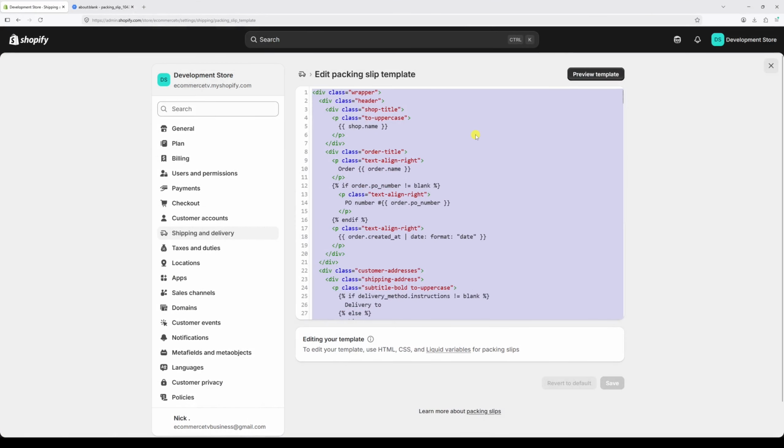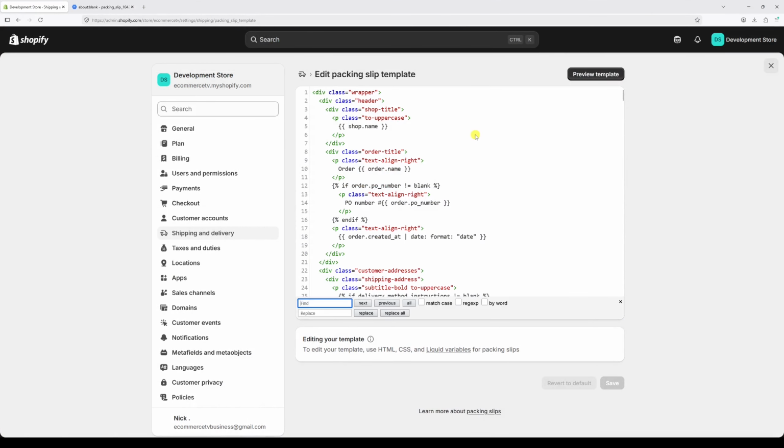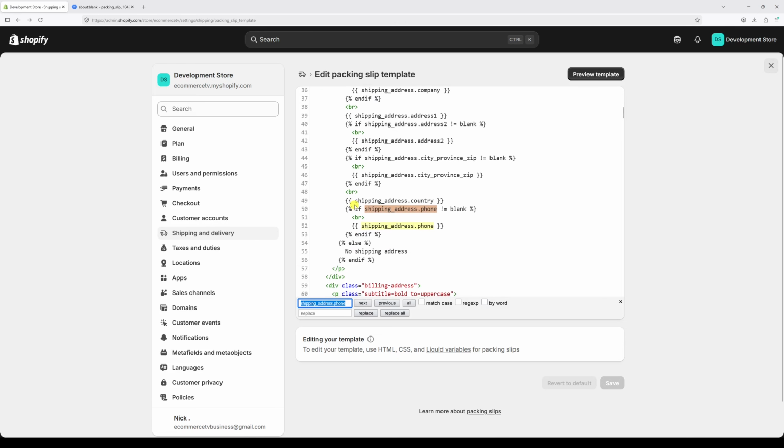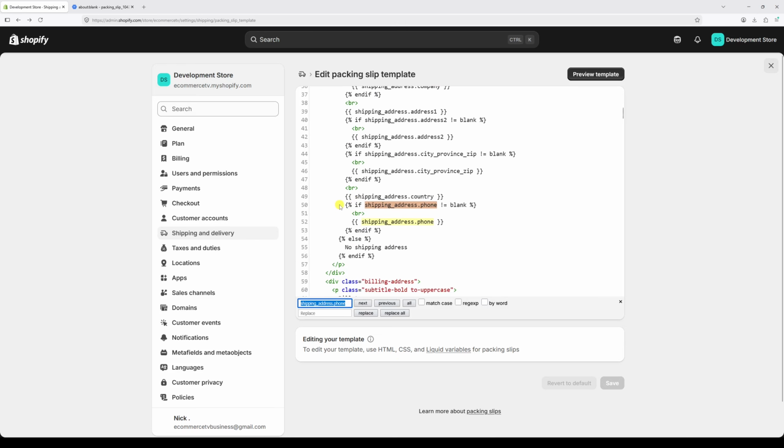Once again, place the cursor in the code editor, press Ctrl-F on keyboard. In the find field, type shipping_address.phone, and then press enter. Approximately on line 50, look for the following liquid if statement. If shipping_address.phone, we're going to comment out all this code until the closing end if liquid tag, which is located